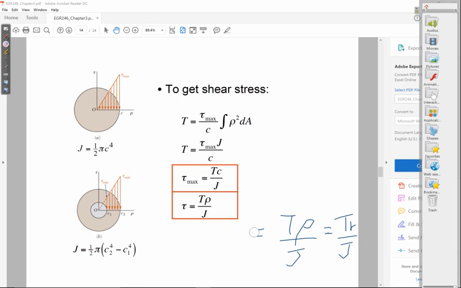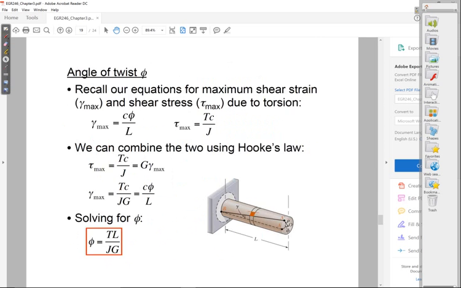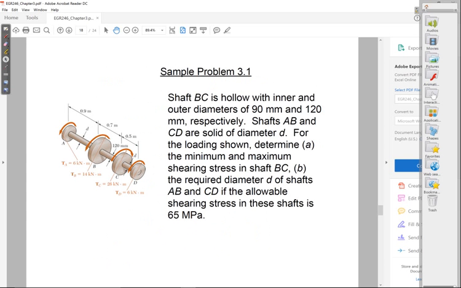Okay, so let's go back and try to solve the sample problem. Let's look at part A. Find the minimum and maximum shearing stresses in shaft BC. That's this middle shaft. It's hollow, and they gave us the diameters, so all we need to apply is, for BC,